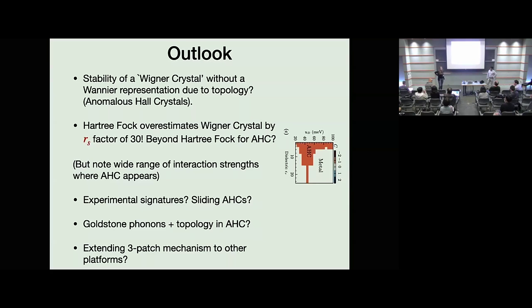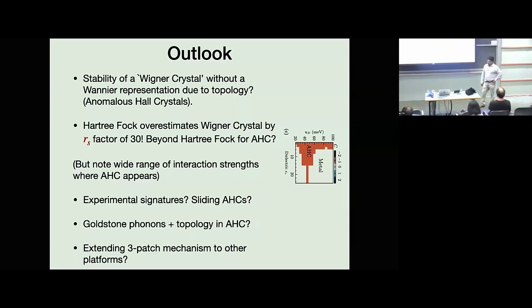If I create a dislocation of the Wigner crystal, does that carry any non-trivial quantum number at all? Let's just talk about the difference between anomalous Hall crystal and Wigner crystal, the properties that are different between the two. I don't think there's anything new that arises for the anomalous Hall crystal. That's not the topological response. It's not some coupling between the translation symmetry and the charge. But yes, we are looking for something like that. If I find something, I'll be interested. But so far, we have not.